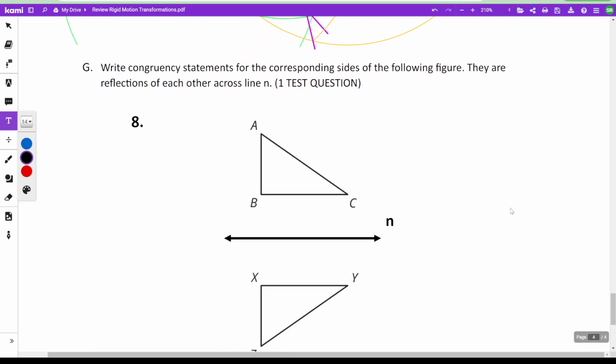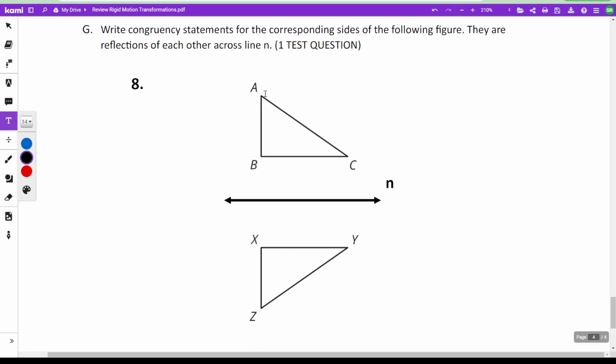All right, so question 8. Question 8 wants us to write congruency statements for the corresponding sides of the following figure. They are reflections of each other across line N. Okay, so if two things are reflections of each other, they are congruent. Okay, that's part of what makes a